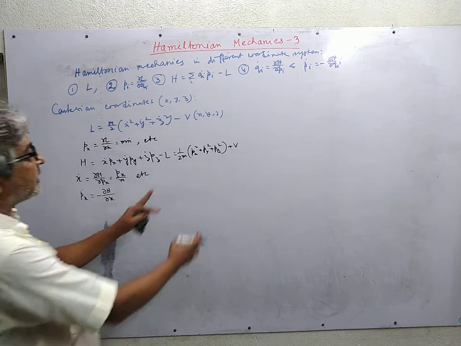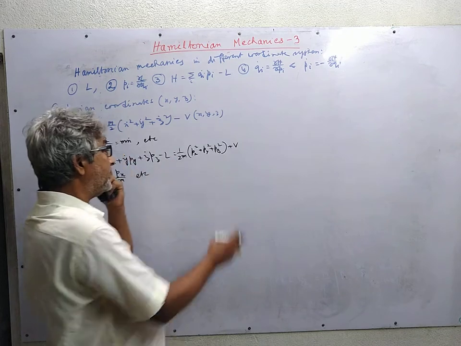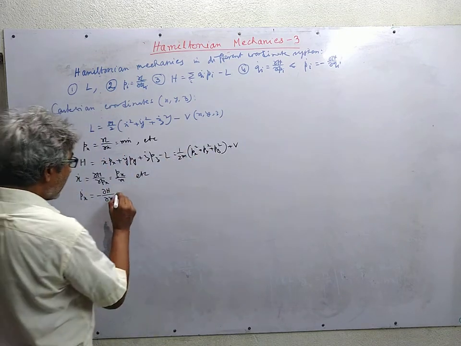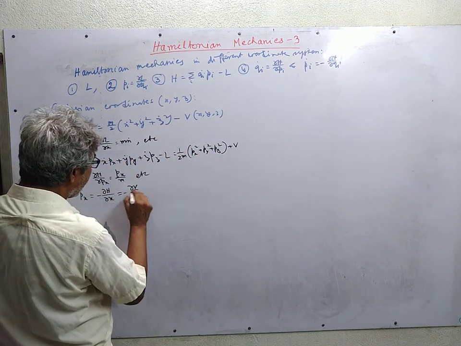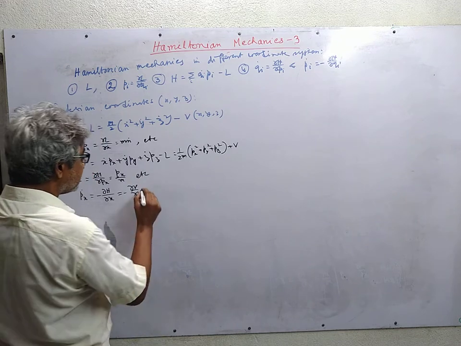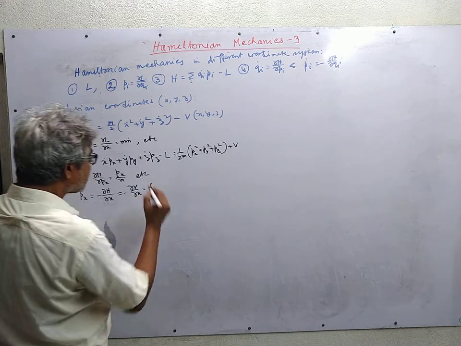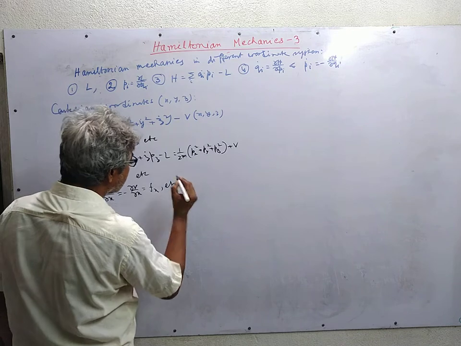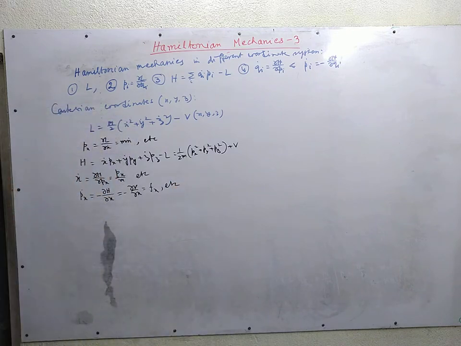Since this part doesn't have any x dependence, this is minus del V del x. Since the system is conservative, it is the x component of force, and the other relations for y and z components. So this is the general treatment of Hamiltonian mechanics for a single particle system